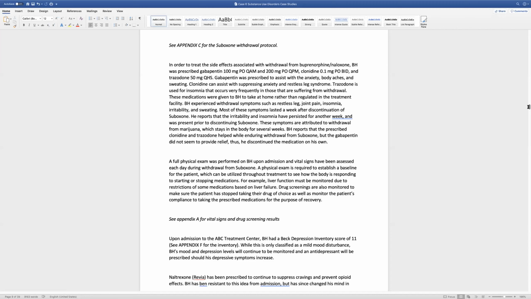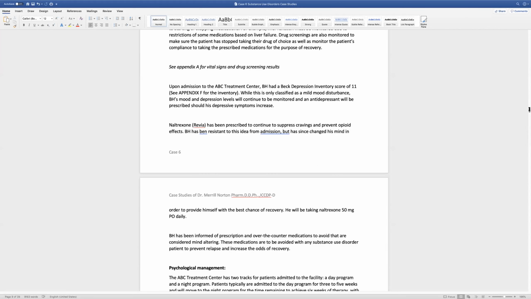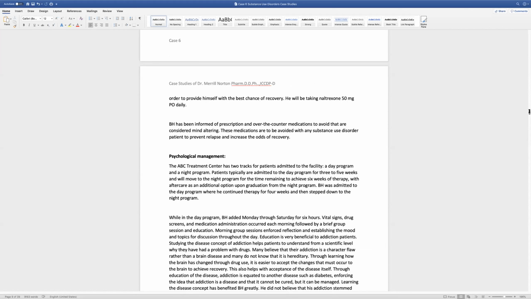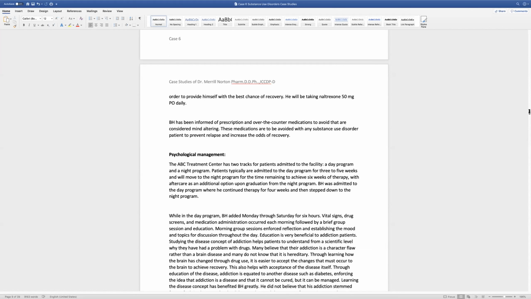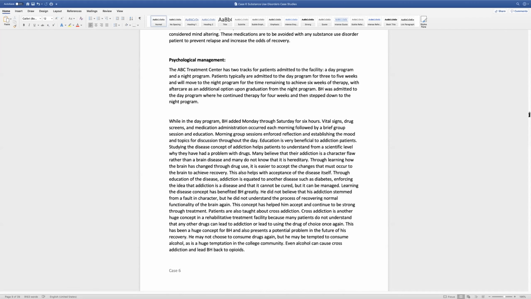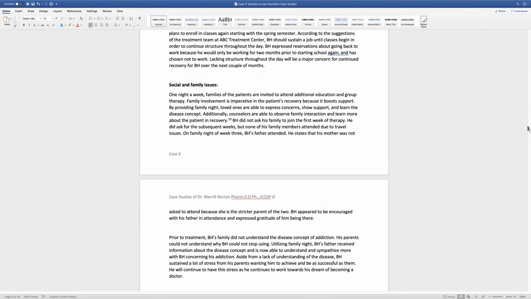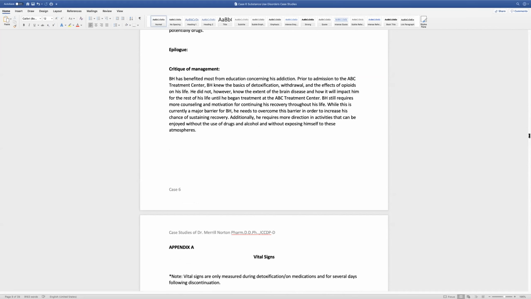But what you're doing and what you're saying, part of what y'all are talking about, that's why I'm showing you this, that we did all of these screens. He had a score on his Beck depression scale of 11. And then as we did put him on Revia, we did everything we possibly could at this level, but even with that, he couldn't survive more than 30 days when he left because he had no sober friends. He had nothing. And that's what all this is about, exactly in this case, what had to happen.